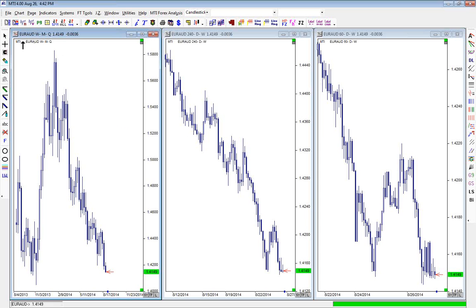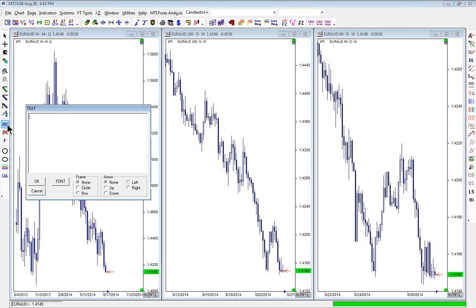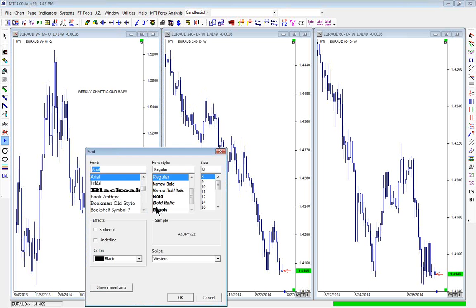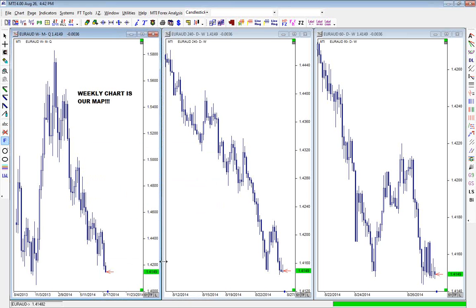So here's what we're going to do. This weekly chart, write this down. The weekly chart is our map. What that means is it's going to show us the direction of the currency pair so we can have an opinion on which way this market's going to go. We need an opinion. Now, once we have the map, now it's our time to place trades on smaller charts